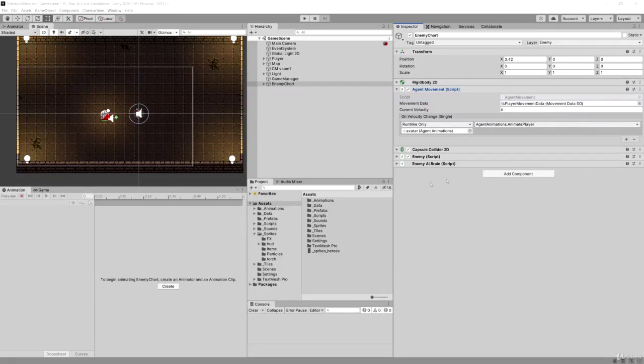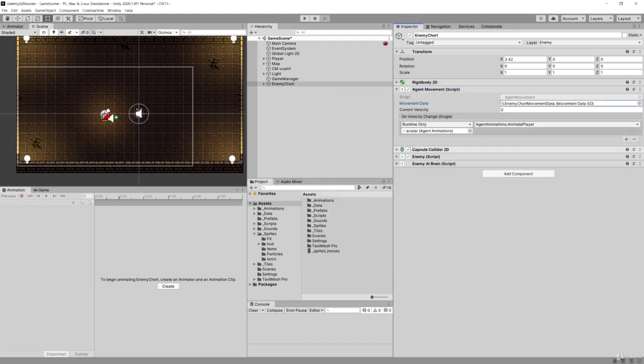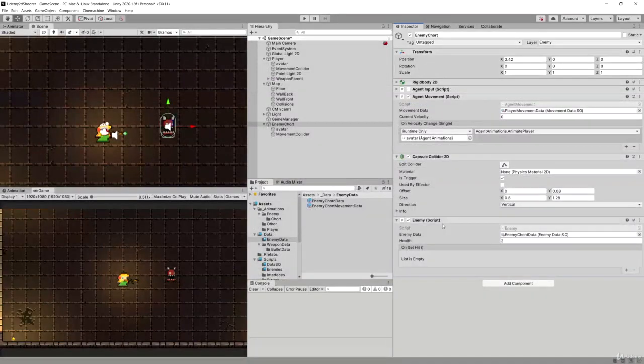And make sure that you assign your movement data in the agent movement of the enemy chart to the newly created enemy chart movement data. Great! And that's it for this video. We didn't do much visual stuff here, but we have prepared our data